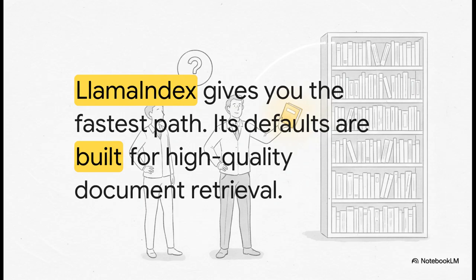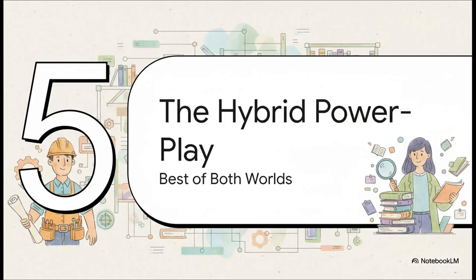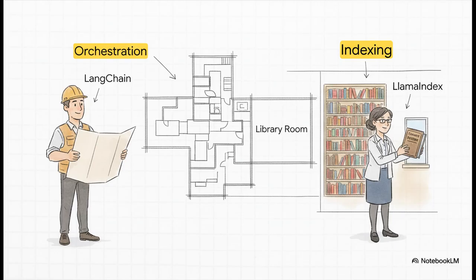Simple as that. But wait, what if you need both? What if you need a complex agent that also has to do high-quality search over your private documents? Well, this is where things get really interesting, because you don't actually have to choose. And this right here is the real pro move. It's the hybrid power play. You use each framework for what it is absolutely best at. You get LlamaIndex, your expert librarian, to build and manage that perfect searchable library, and then you bring in LangChain, the general contractor, to build the smart agent that can talk to that librarian but also use all its other